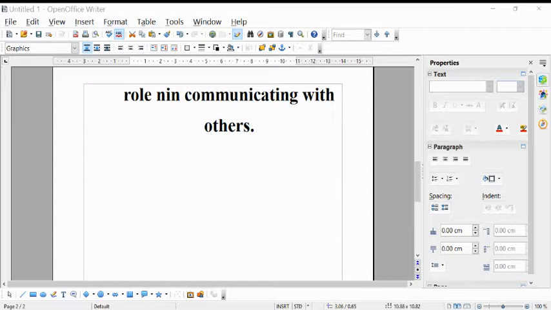So how to insert one more row and one more column after creating the table over here? So just click on table, insert, row. How many rows you want to insert? You just type and click on OK. So after this, if you want to insert one more column, click on table, insert and column. How many columns you want to insert? You just type here and click on OK.